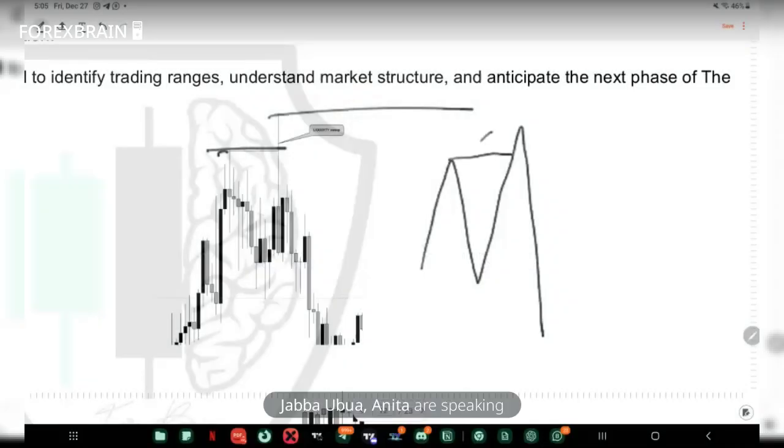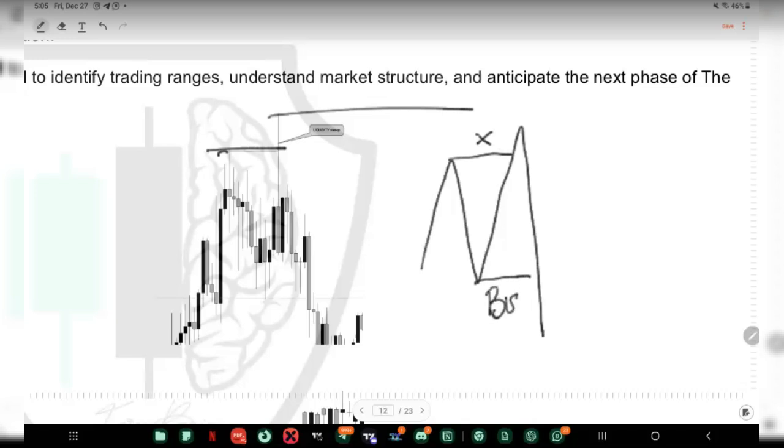So we have a sweep here, a sweep of liquidity, a break of structure. That is one characteristic. We have two characteristics of what we call the trading range, meaning we have the A, but there is no B. So there are often times where price needs to raid this high. This high will now serve as the B for probably a smaller range that is here. So this will be A, B.